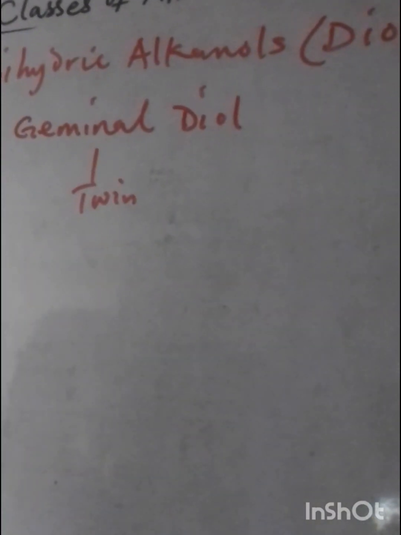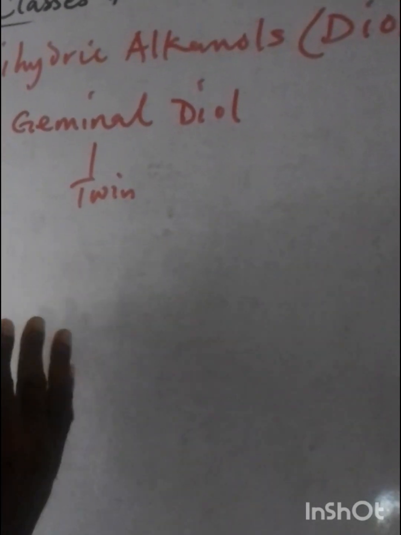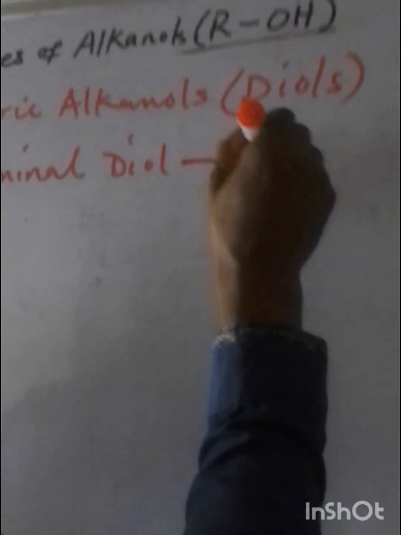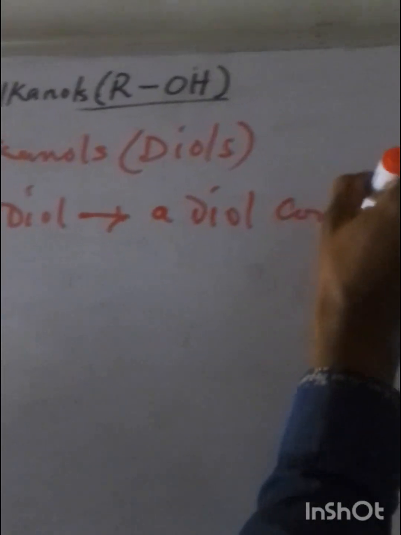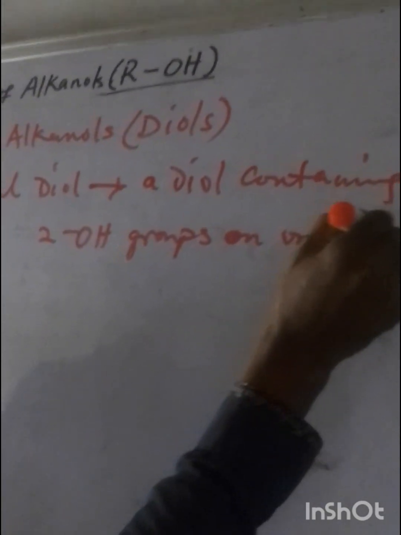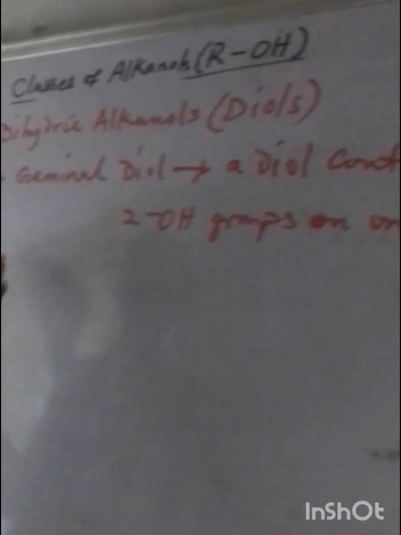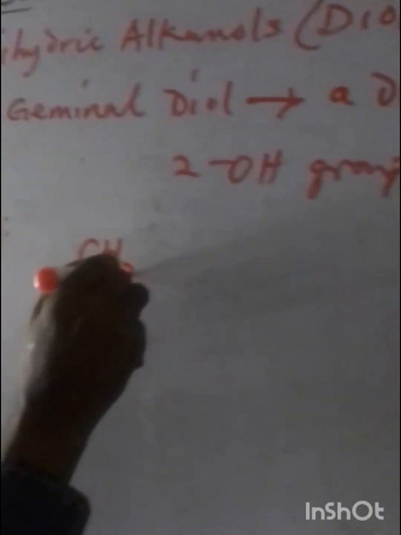You know that a twin contains two things sharing one bond. So geminal diol actually means a diol containing two OH groups on one carbon. Two OH groups on one carbon. That is geminal diol. Example of geminal diol is this: CH3